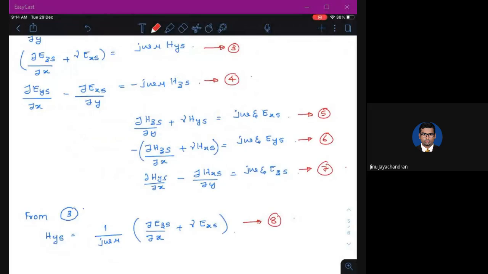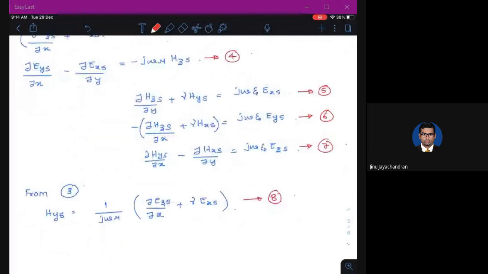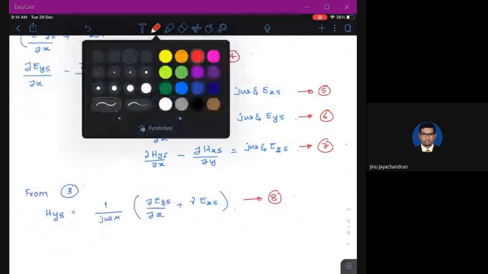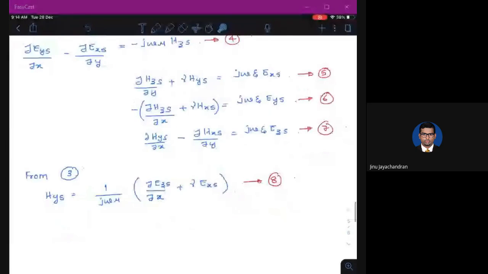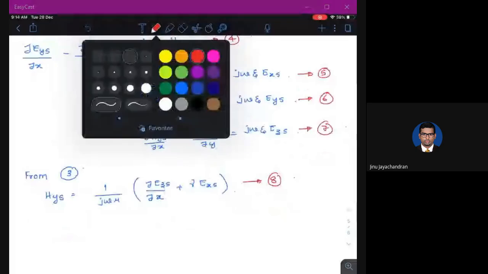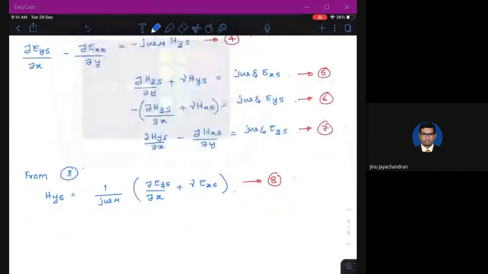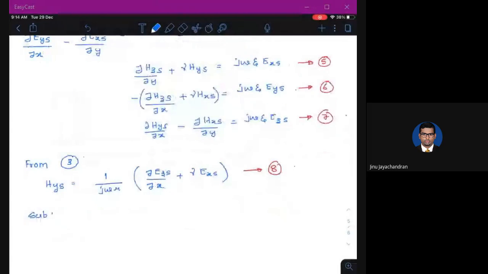Okay, now let's substitute equation number 8 in equation number 5. That is, I'm going to substitute this equation here. So substituting 8 in 5 implies